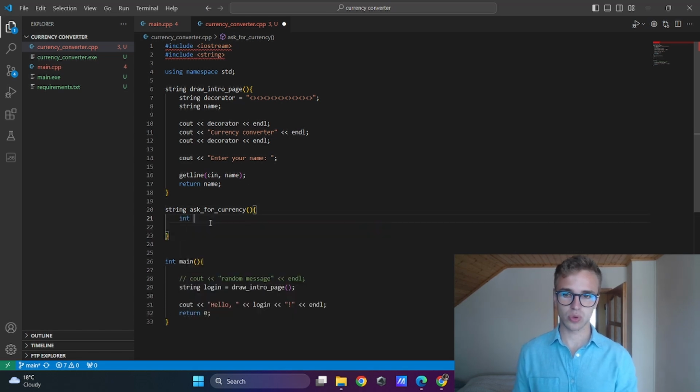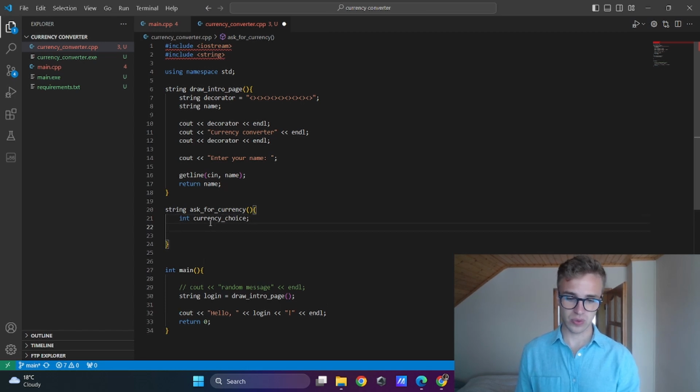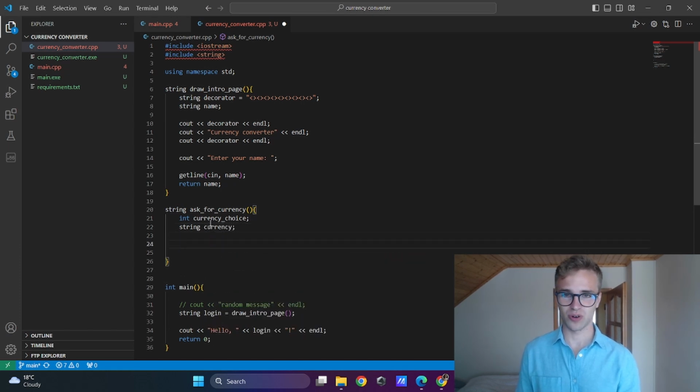Here I will need two variables: an integer to store the input of a choice, so currency choice, and the second one will be a string, where the final choice will be stored.